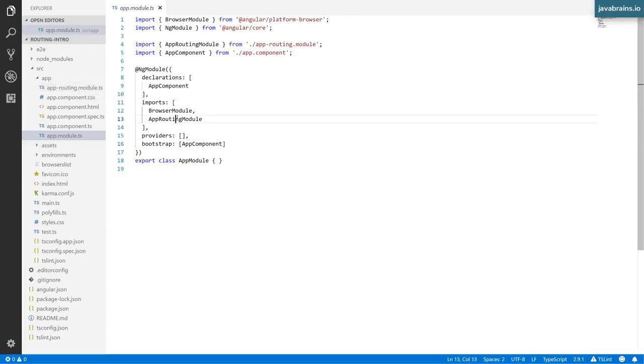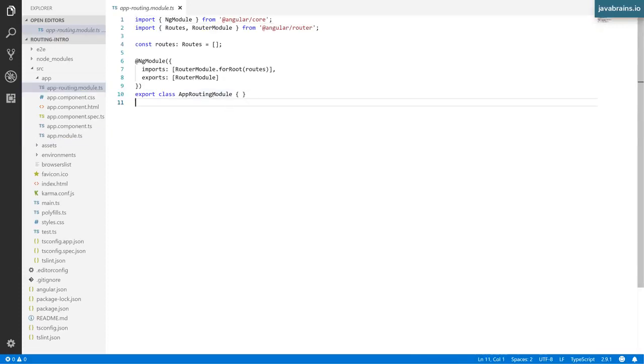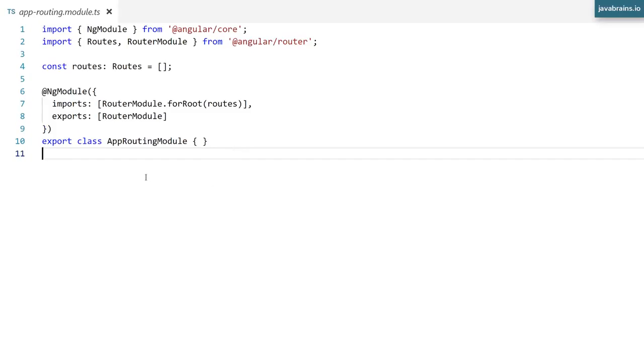See, AppRoutingModule is imported from app-routing.module. So if you open this, here you see it's created this class called AppRoutingModule, and it has created some configuration. It has this constant called routes, which is an empty array, and then it has this import of RouterModule